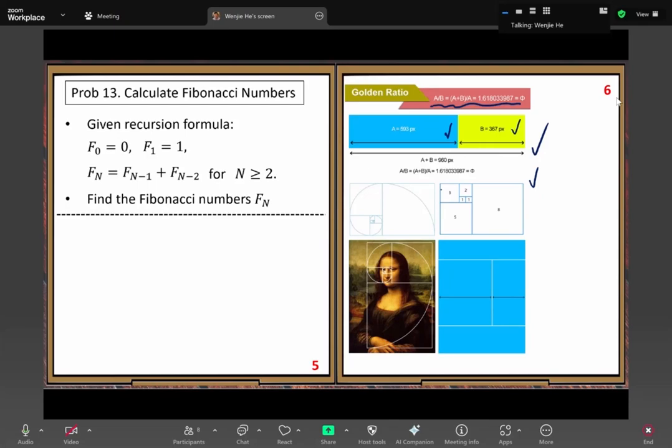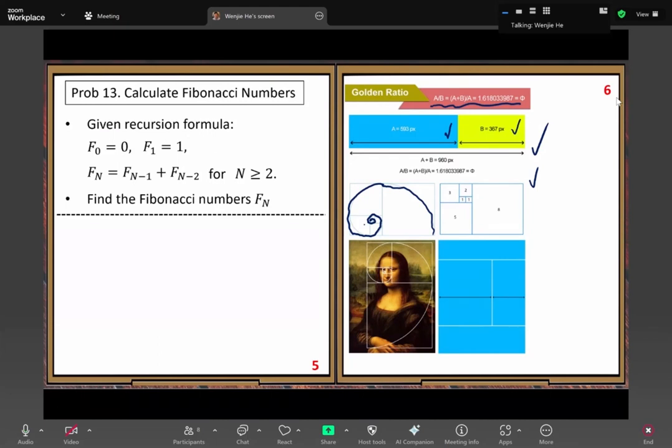So in this way, you can see all the squares created with the sizes of the consecutive Fibonacci numbers can be aligned in a perfect way. Okay? And another thing is, after you arrange in that way, you can draw a quarter arc. So this side, quarter arc, in this way, quarter arc. Then you connect all the quarter arcs in this way, so you get a nice spiral curve.